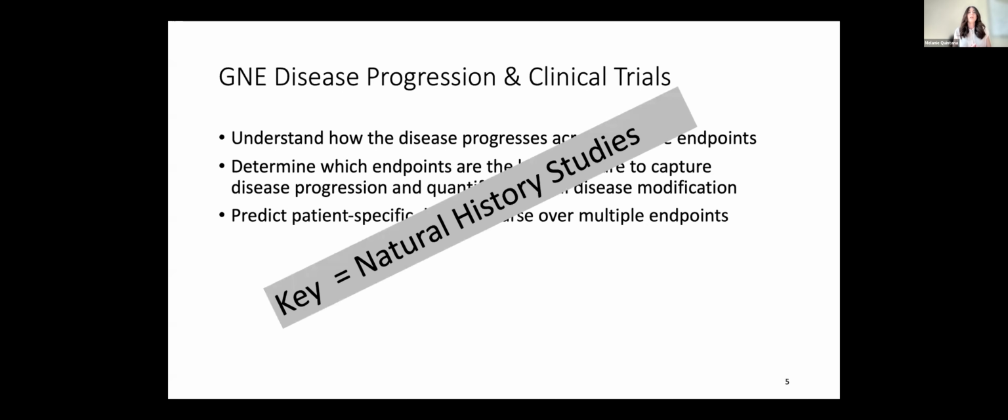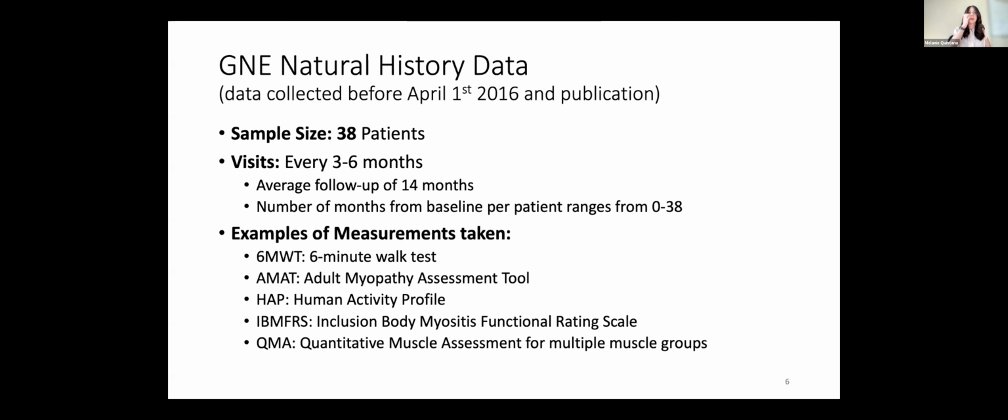And I'll say the key to all of this, and I really think the key to clinical trial design, especially in rare diseases where we have such limited patient resources, is running good prospective natural history studies. And we were really blessed to work with the NIH. We were actually contacted by the NIH to work on this project and work with them. And they had a very rich natural history study that they were running. They were enrolling many patients at the time that I'm reporting these summaries here.